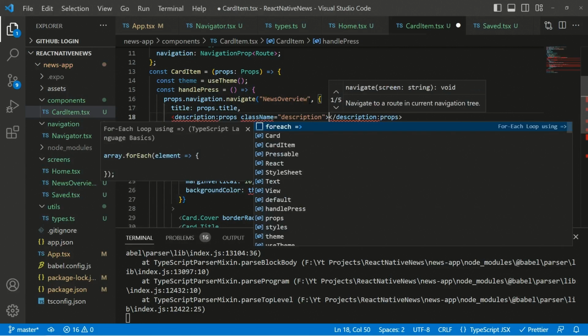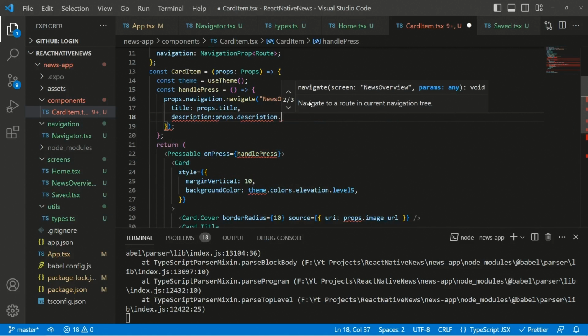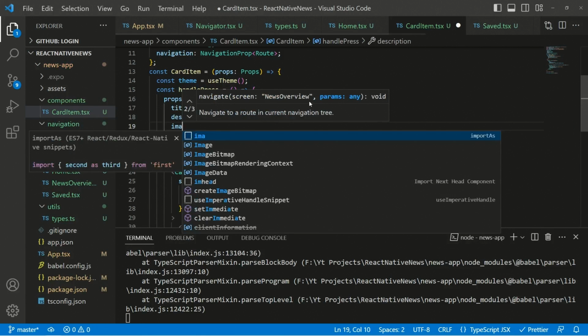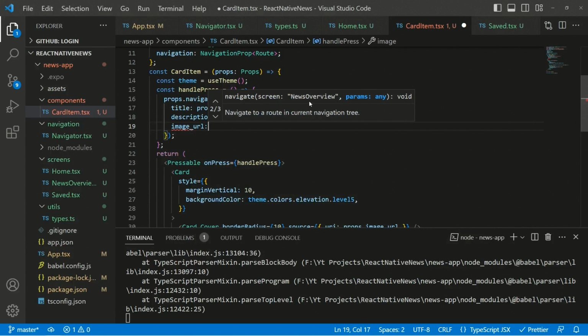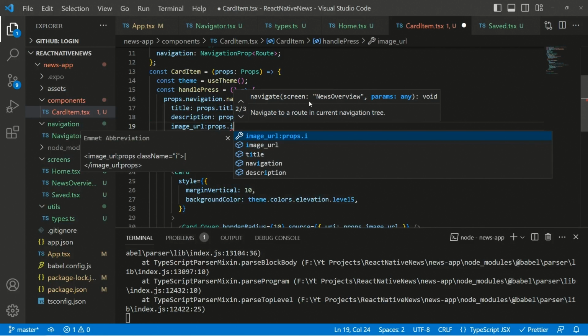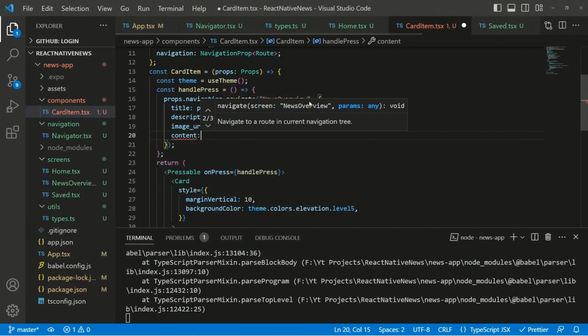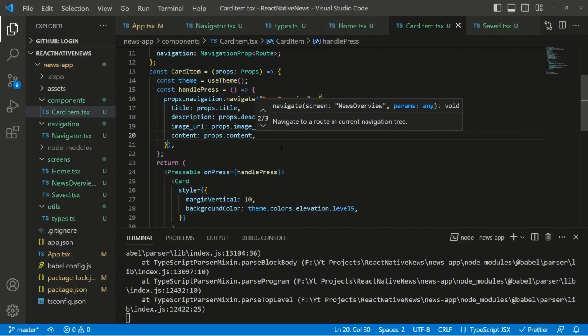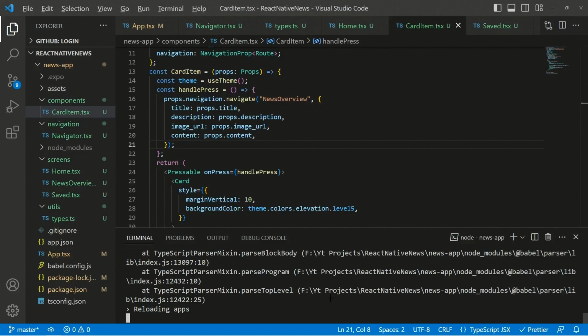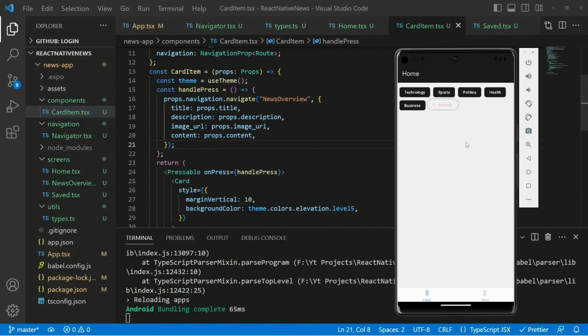And the same for the image URL, that will be props.imageURL once again. And we need the content as well, that should be equal to props.content. So these are the 4 things that we need inside the news overview. So if we just reload the whole application, if we just move on into the emulator once again,